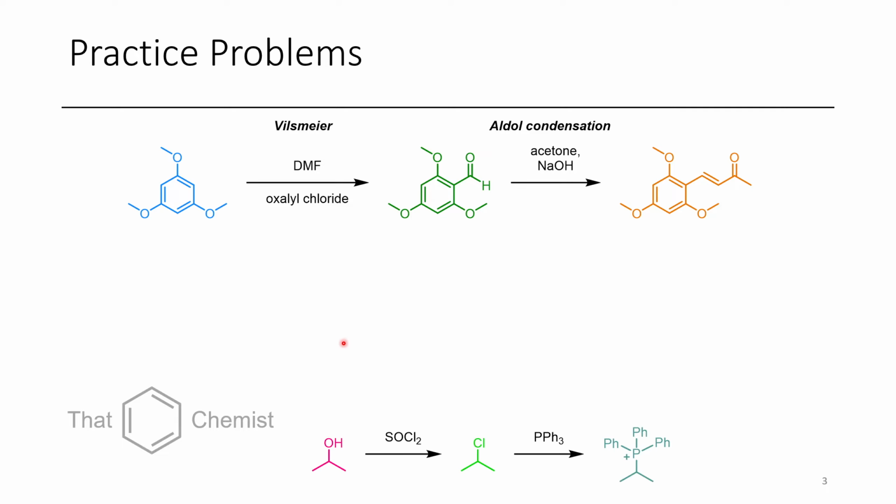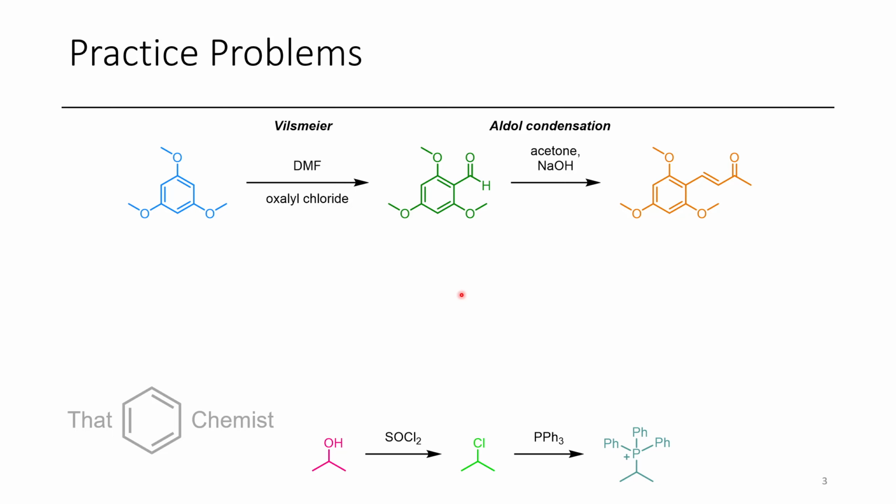Now, we want to do something to get that alkene that we had in our product on the previous page. And so what we could do is prepare a Wittig reagent. So isopropanol is a common enough reagent. We'll treat that with thionyl chloride to get the corresponding chloride. If you wanted to start with the chloride, this would be okay, but in case you thought that that was too obscure, we'll just take this alcohol, treat it with thionyl chloride, get our 2-chloropropane. Once this is treated with triphenylphosphine, we'll have our Wittig reagent, which just needs to be deprotonated before it can